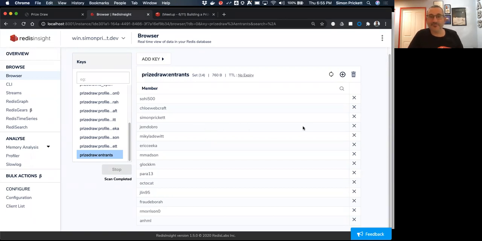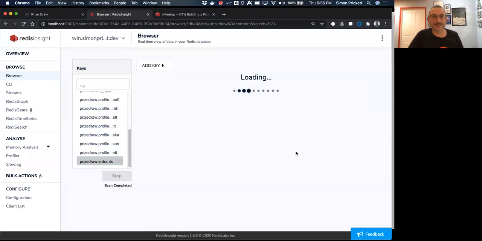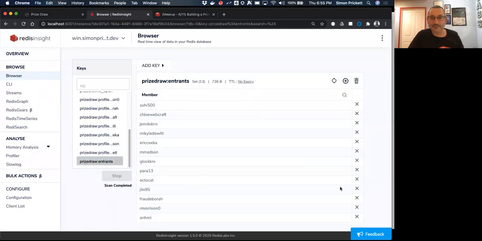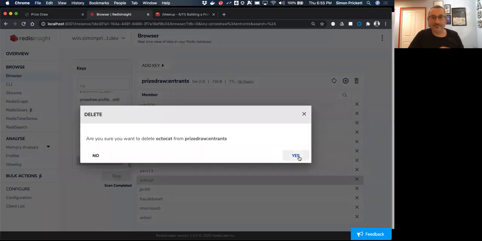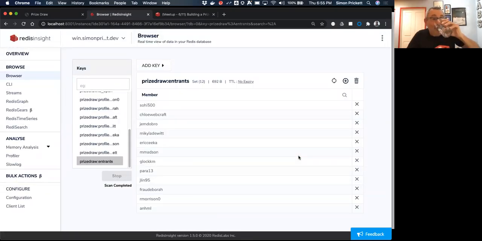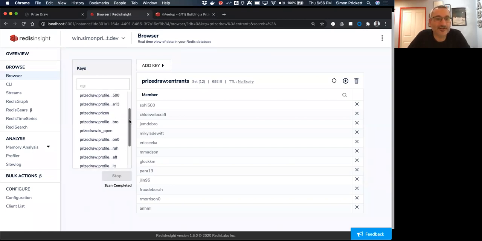Now, normally you probably shouldn't mess with a running application's data, but because we've got more people than prizes, I'm going to remove myself from this because I don't want to win. I'm going to remove Octocat from this because they're the GitHub mascot and not a real person. So we've now got the remaining 12 people in the set here that have the chance to win that. And then for each of those 12 people, we've created a